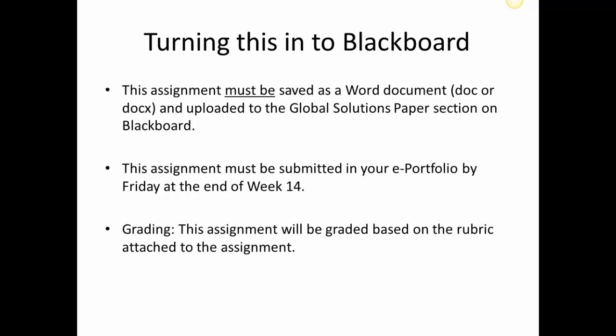Turning this into Blackboard. This assignment must be saved as a Word document and uploaded to the Global Solutions paper section in Blackboard. This assignment must be submitted in your e-portfolio by Sunday, August 6th, not Friday, the end of week 14. Sorry. So submit it in your e-portfolio no later than August 6th. Grading. This assignment will be graded based on the rubric attached to this